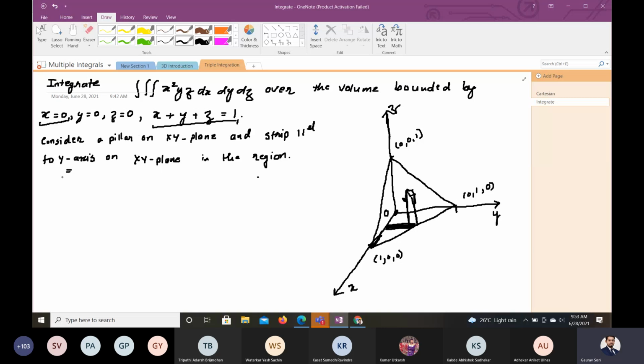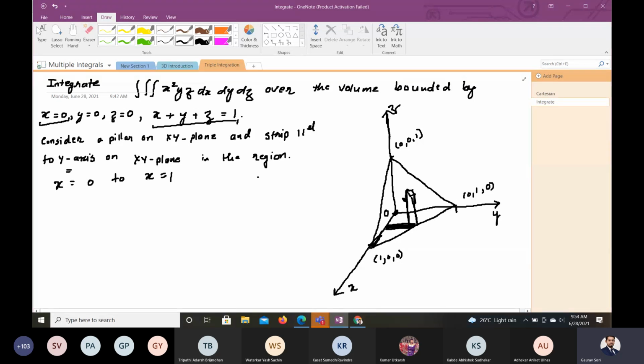A lot of MCQs can be asked that give the limits for this, and you won't be able to do the limits later. x. So limits will be for x. So x is running from 0 to 1. Exactly, very good. As we move the strip, x will be going from this value to this value,